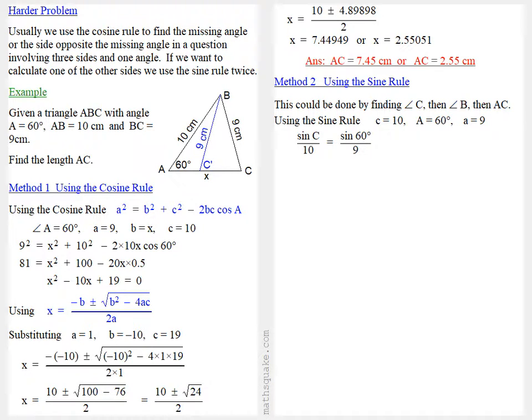So sine C over 10 equals sine 60 over 9. Multiply both sides by 10. Sine C is 10 times sine 60 over 9, which works out to be